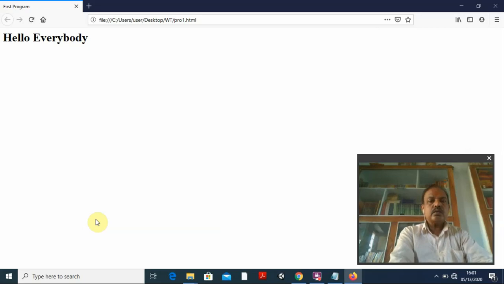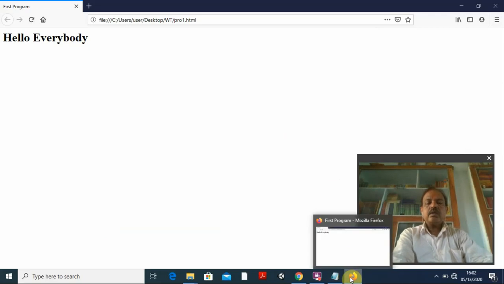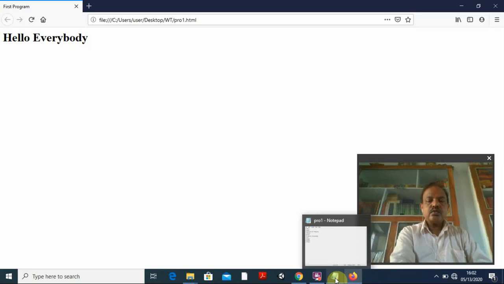Okay, so now you can see this is the first program we have run. For this I am not using any specific language. By default it is there in the browser, and when I click it, it runs and shows me the output. That is what we will be using in our HTML, and we can use a number of editors. I will show you one of the editors.